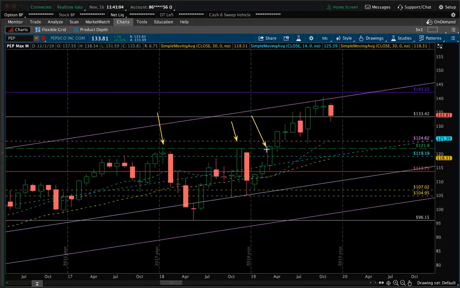So when that happens, it automatically goes to our purple level here, and then it moves to the gray bar, comes back down, and then goes back up, closes above, bounces off, and then we hit the purple bar, which is 142. So December 142 would be the smartest thing to do.